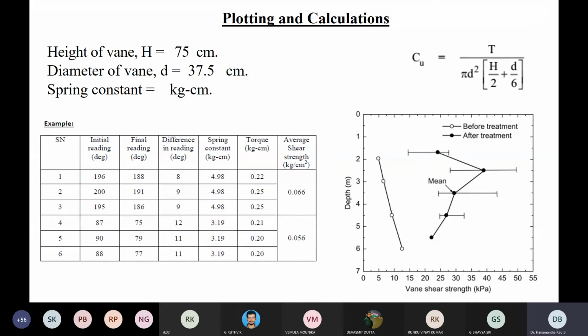Why does the same slippage not happen in the case of sand? In the case of sand, it will never happen. But you can see it only in the case of clay. That's because in the case of clay, because of the diffused double layer, each particle is individual. However, they have an interaction with the other clay particles, but only by means of the diffused double layer. That means literally a water molecule is connected with another water molecule. Though with the naked eye we can't see anything, this is the fact.